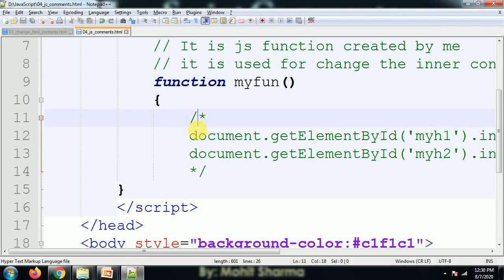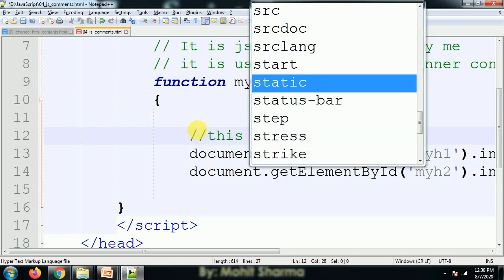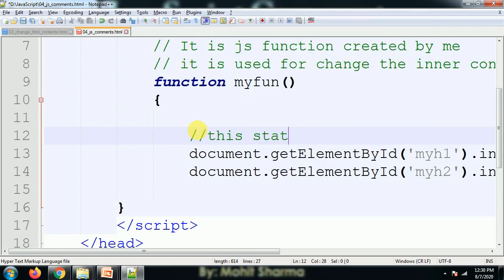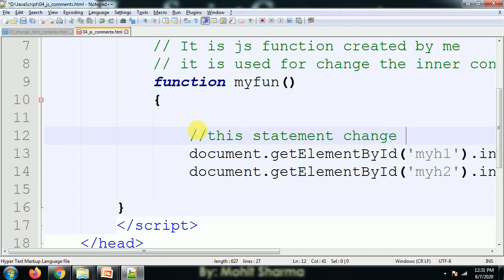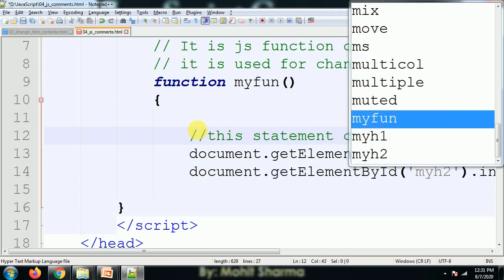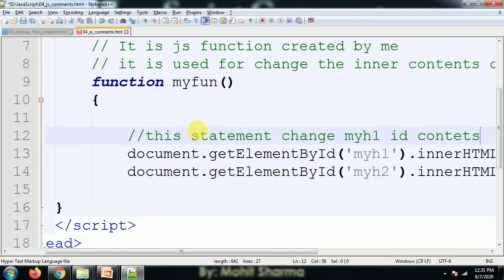If I want to give a message in multiple line comments about what purpose these functions are used for, I give single line comments here. This statement changes my h1 id contents.